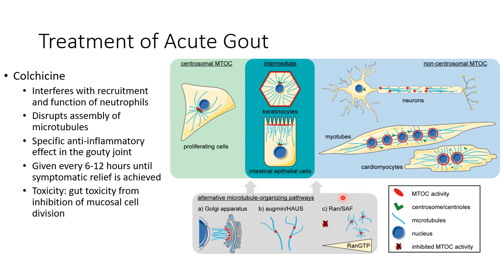So microtubules are specific forms of the cytoskeleton, and they are important in the proliferation of cells in mitosis. They are important in maintaining cellular shape and function, in particular in skin cells, in the epithelial cells of the small intestine, and